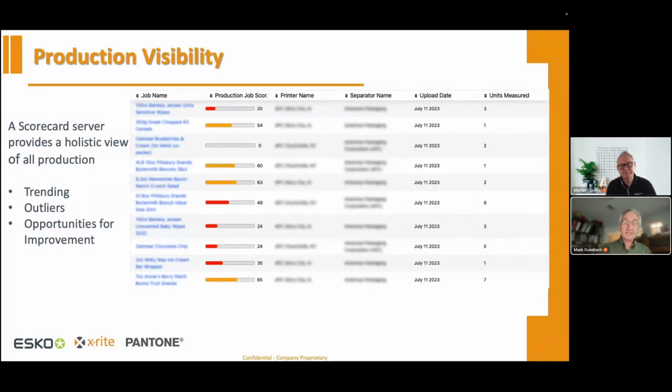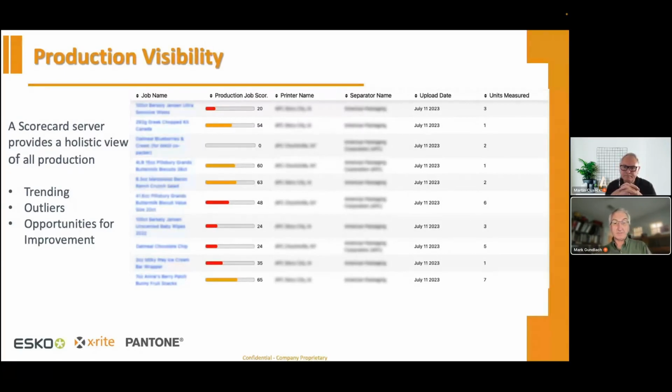Similarly, the brands want to see that from their suppliers. As shown earlier, we had the red color across a number of different Coke packaging, for example. They want to know that the same color is being reproduced at different plants by different suppliers, so that when it all hits the store shelf, they get that predictable, desirable color matching. So they'll use a scorecard server in a similar way, but theirs is looking at their suppliers,